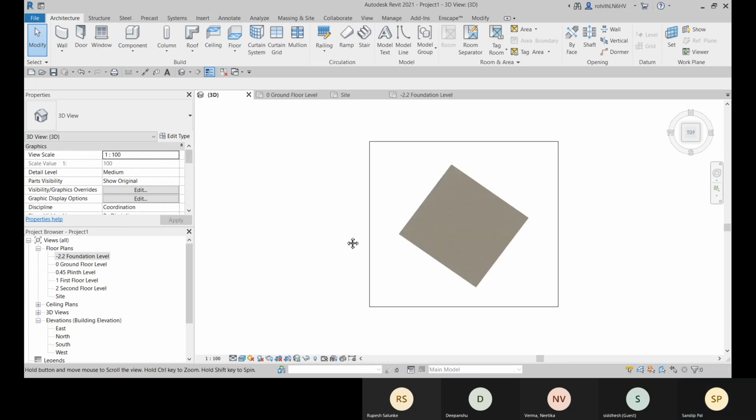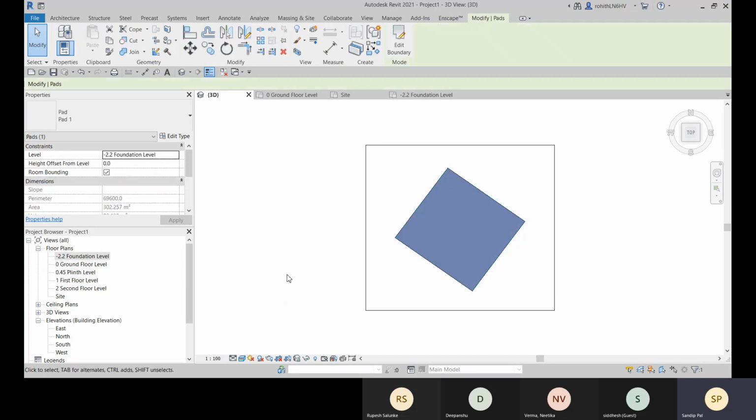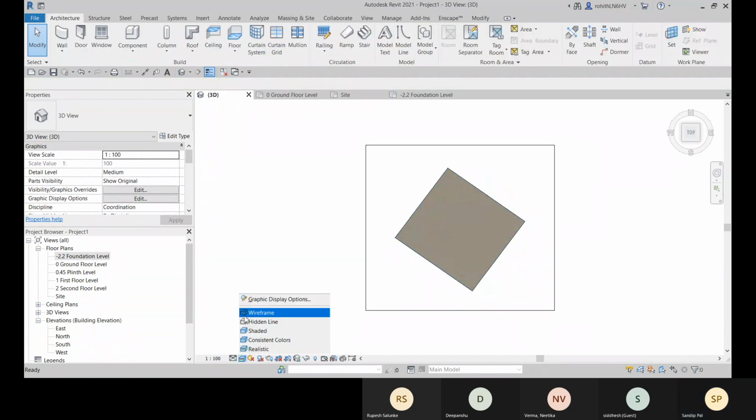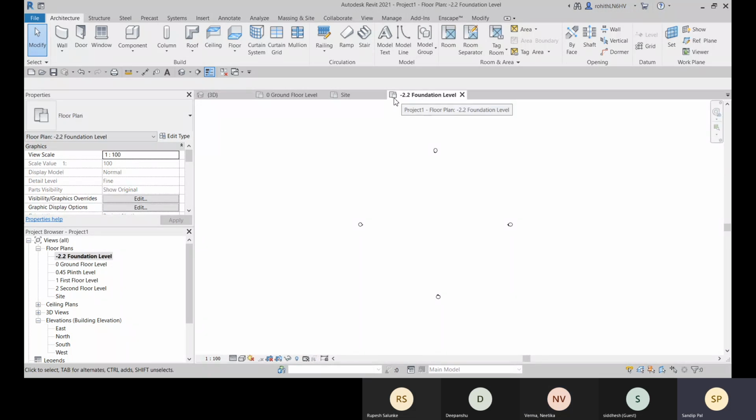All right. So we can create some grids over there. And because this is the 3D view, I cannot apply grids over there. So I do need to go with this foundation level.